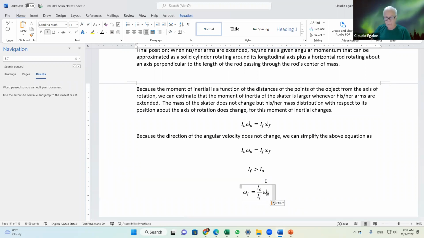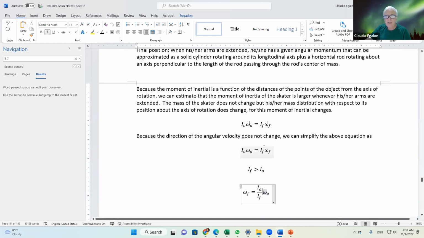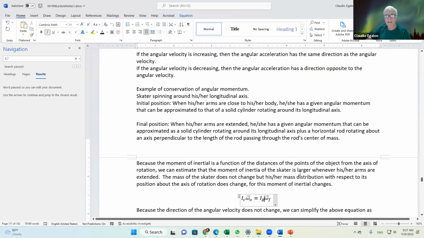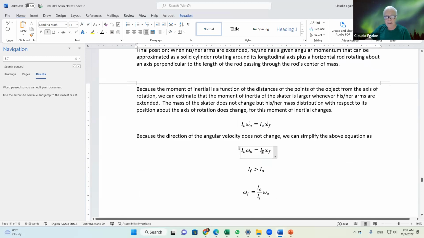Okay, so we analyze this equation. I'm going to do even better than that. Instead of I naught, I'm going to put arms closer to the body. Okay, here you go. Arms extended. That's better, right? Arms extended. IF is IX. I naught is,